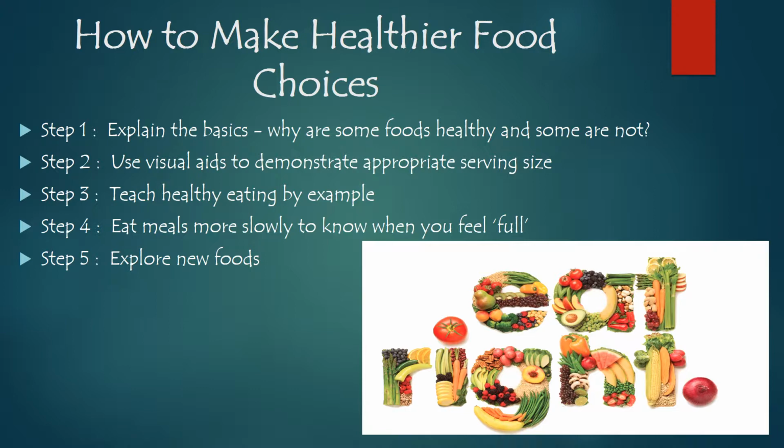You can try bringing your own meals and snacks to work daily. Here are 5 other steps to help you choose more nutritious options. Step 1. Explain the basics about different types of foods and why some are considered healthy and others are not. For example, saturated fats can have negative effects on your arteries through plaque buildup, which leads to high cholesterol and an increased risk of heart disease. Consuming fats and sweets can increase health risks when eaten in large quantities, and they also offer no nutritional value.